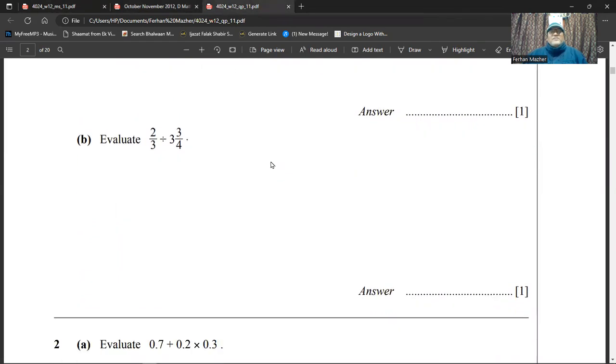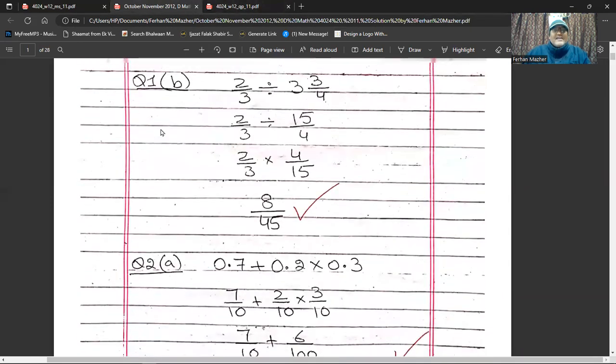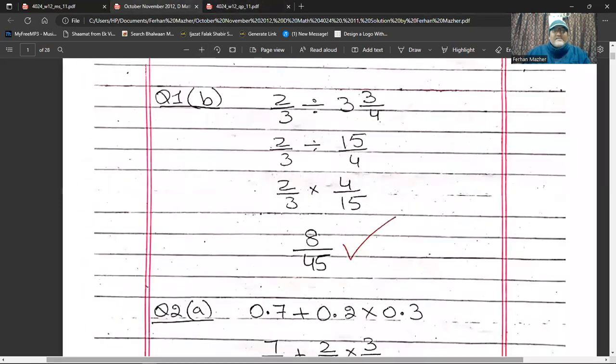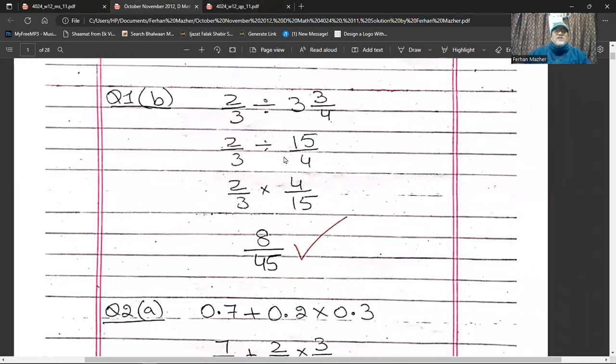Question number 1, it's B part. Here we have 2 fractions and they are dividing with each other. You will have 2 divided by 3 and divide 3 whole 3 by 4. First of all, I will convert this into an improper fraction. 4 times 3 is 12. 12 plus 3 is 15. So it will be 15 by 4. Then I will convert that divide sign into the multiplication sign. And when I do that, the fraction right after the division sign will reciprocate. So you will have 2 by 3 multiply 4 by 15. So the numerator will multiply with the numerator. Denominator will